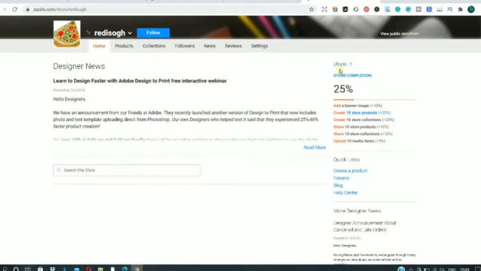It shows how much your shop is optimized for the platform and how much your designs are optimized. So make sure you go through this section and you will get more clarity about how to use it, because they themselves are giving you tips on how to optimize your shop on Zazzle and how to get more visitors for your shop, thereby getting more sales.